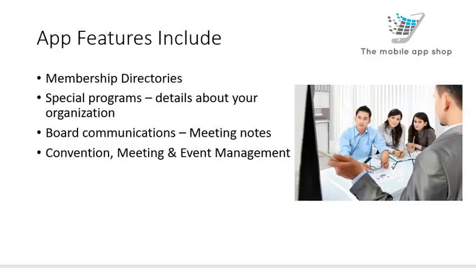The big thing that we really talk about with association apps is the membership directory. It's so nice to be able to have your entire membership and have them access to the app, but still password protected so the public can't get to them. You can put in all kinds of special programs. So if you raise scholarships or you have charitable events that you're doing, all of that can be kept in the app. If your board wants to communicate, you can actually set up a group in the application that, based on login, your board can go in and see content that's for their eyes only.